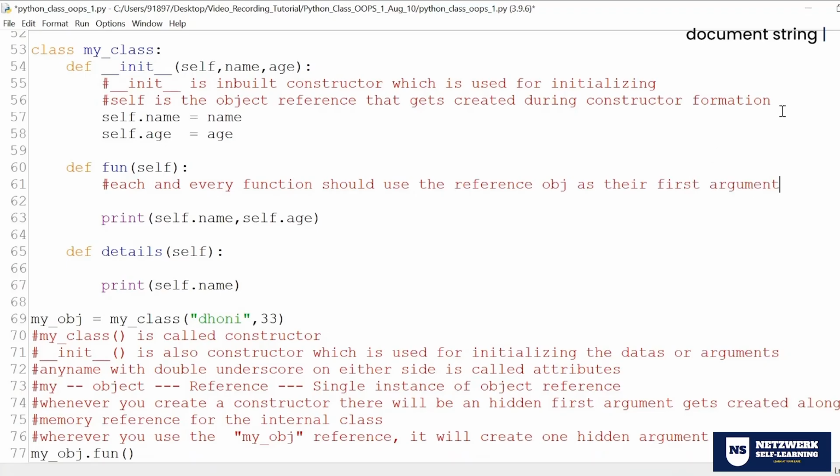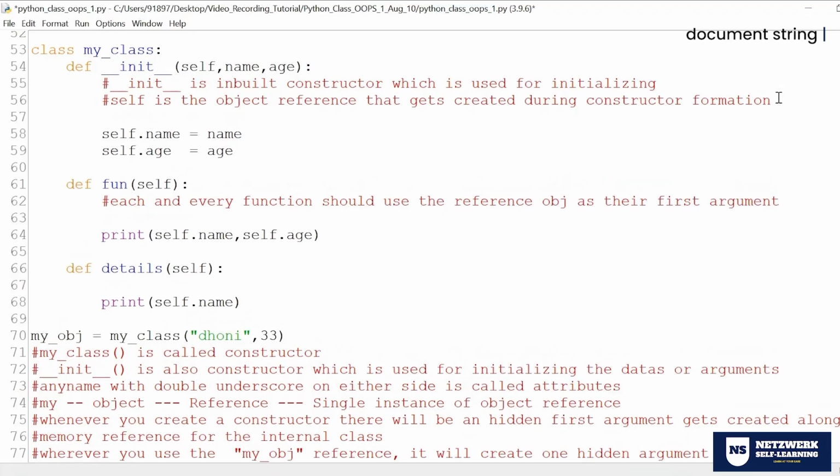And what is init? Init is instant. It is going to initialize the instance that is created. So this can also be called the instantiator. Init can also be called the instantiator.